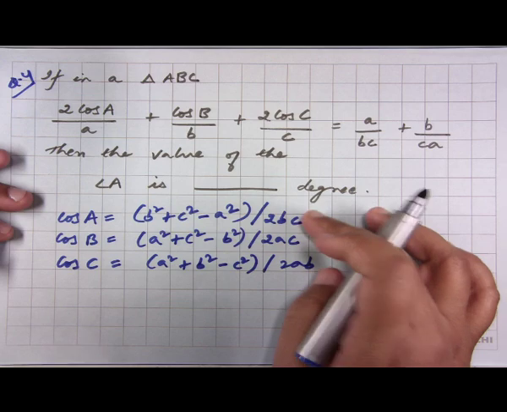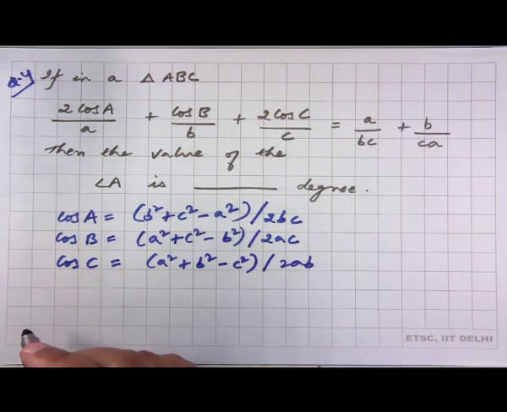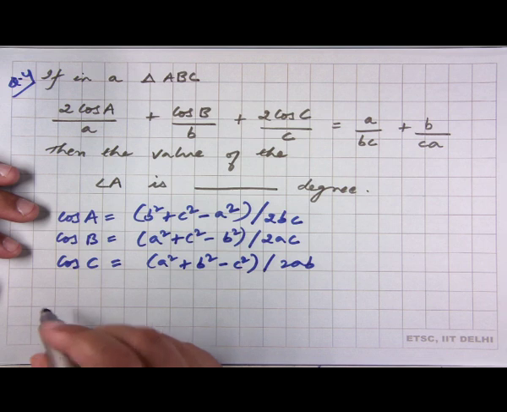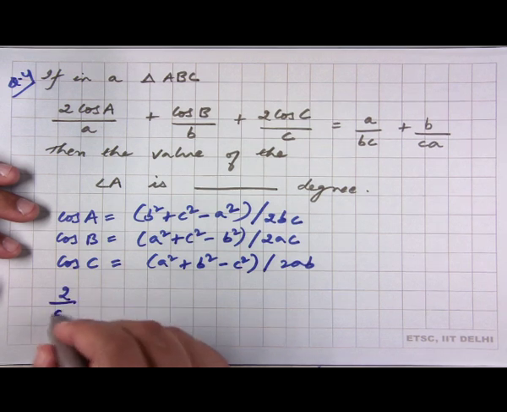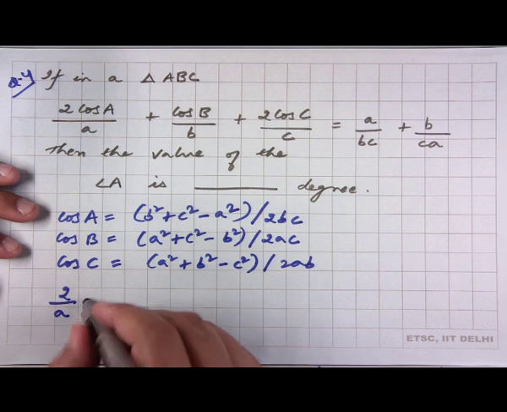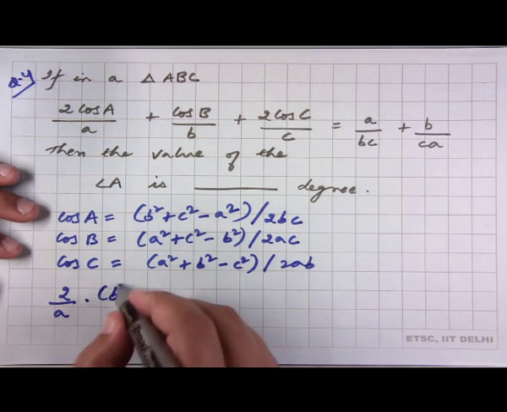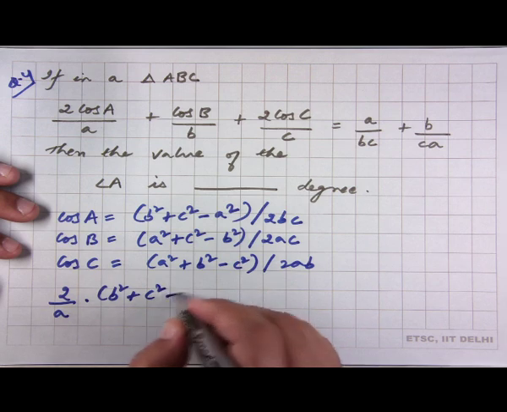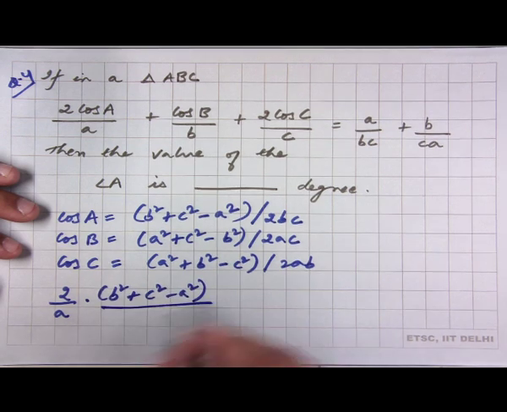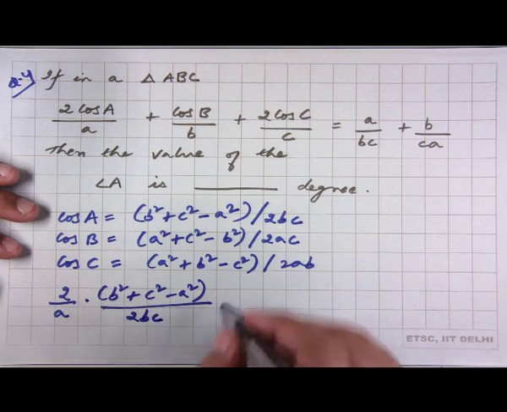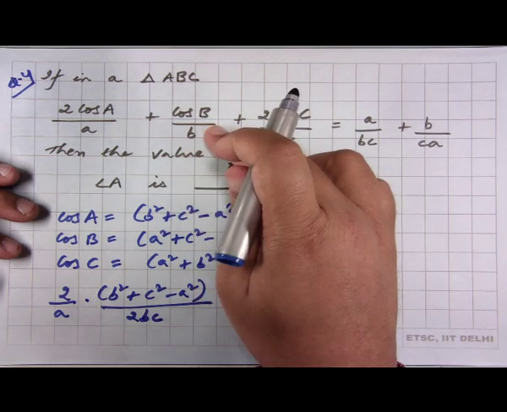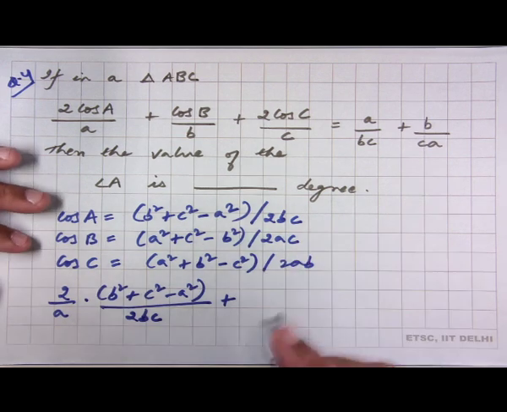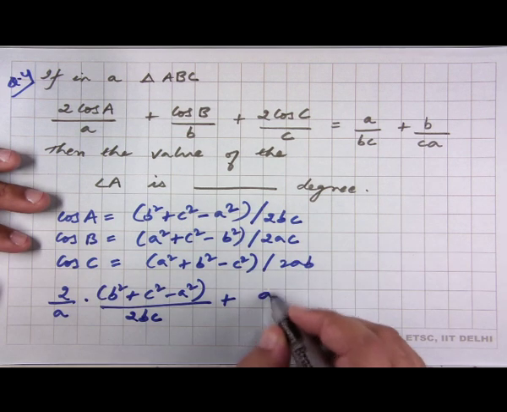So, we will use these expressions here, and what we end up getting is 2 by A into B square plus C square minus A square by 2BC plus cos B over B, which is this divided by B, gives us